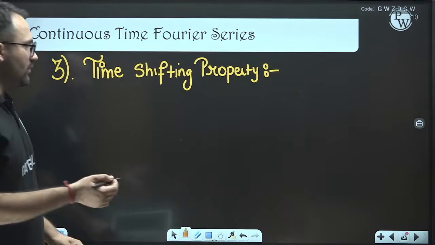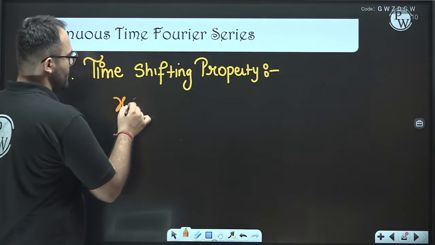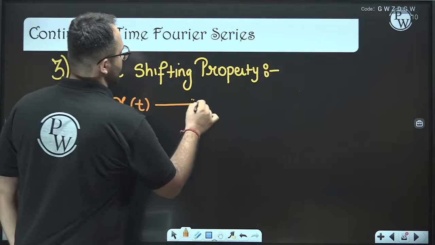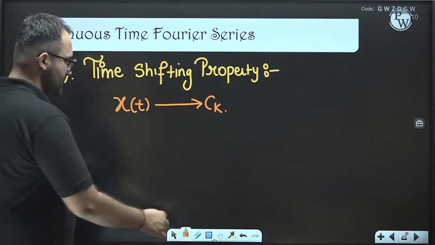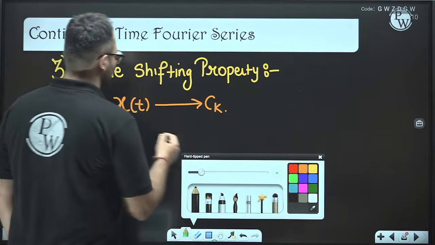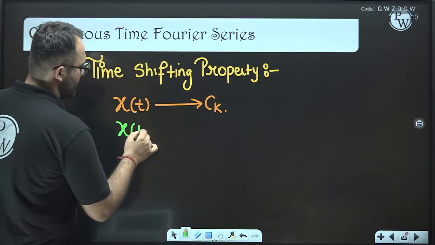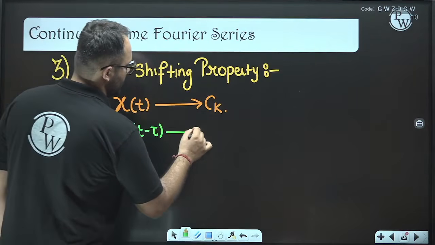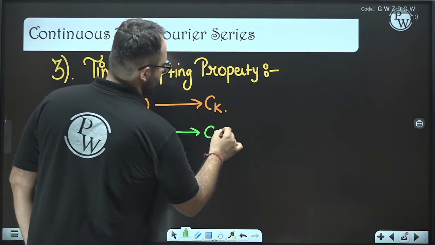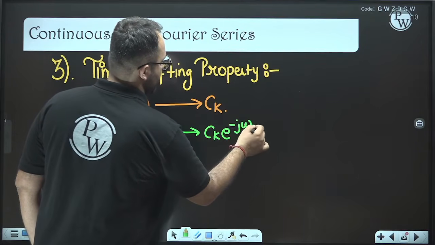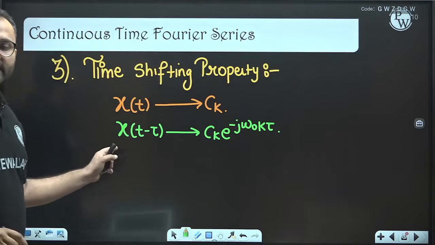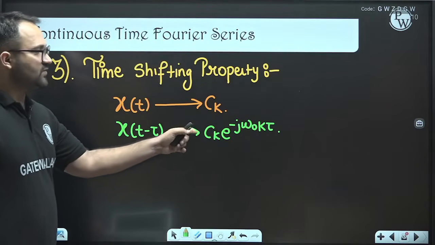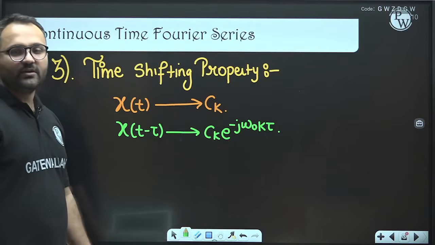No, obviously not. So xt has Fourier series coefficient ck. If we do time shifting, x of t minus tau, then the Fourier series coefficient will be ck e to the power minus j omega naught k tau. Remember that